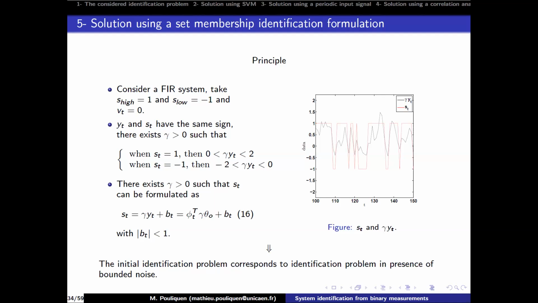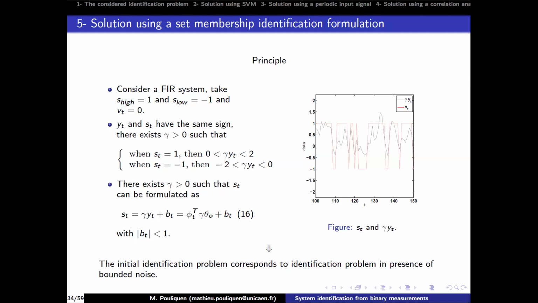The same is true if the binary output is -1. You can use the normalization term, gamma, in order to constrain gamma y between -2 and 0. And finally, in 16, you can see that using this normalization term, we can constrain the real output to be between 2 and -2, and finally, the binary output